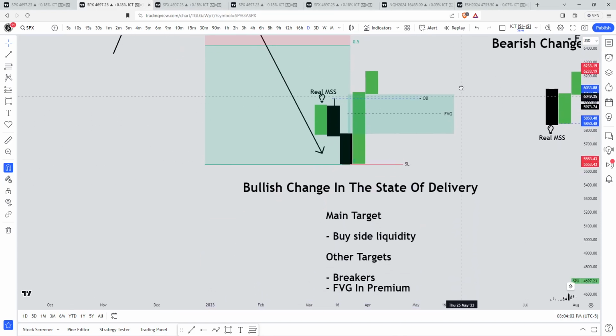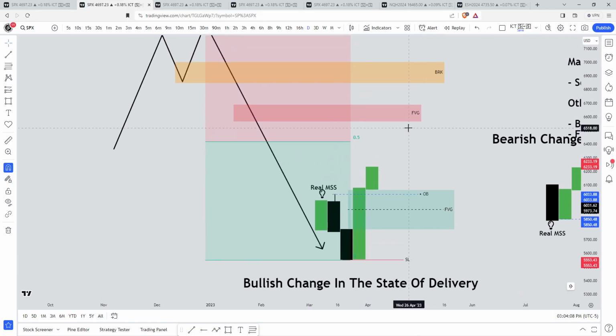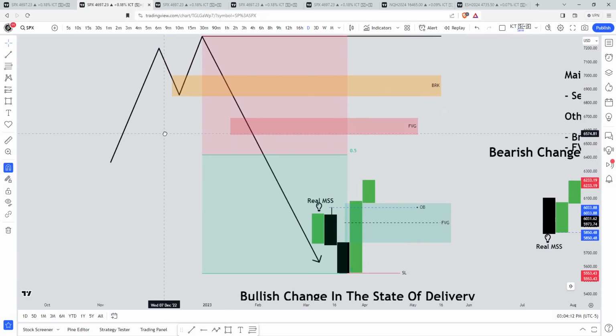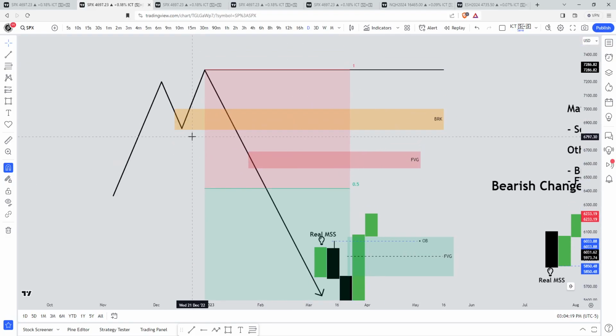So again, the few different targets: buy side liquidity, low hanging fruit targets, breakers, and fair value gaps and premiums. 90% of the time I'm targeting the old high up here. If I'm just looking for a low hanging fruit target, I'll target a fair value gap above the 0.5 fib or the breaker. Okay, so we have the high, low, higher high, lower low, the down close candle or series